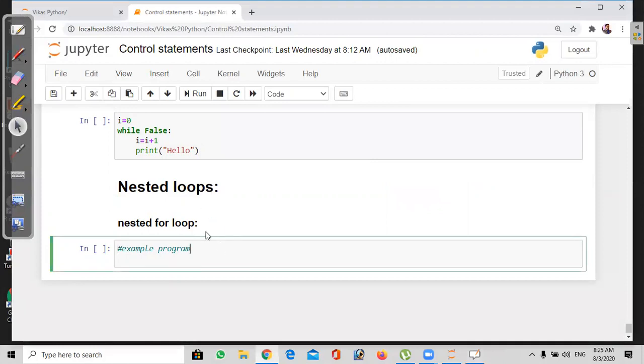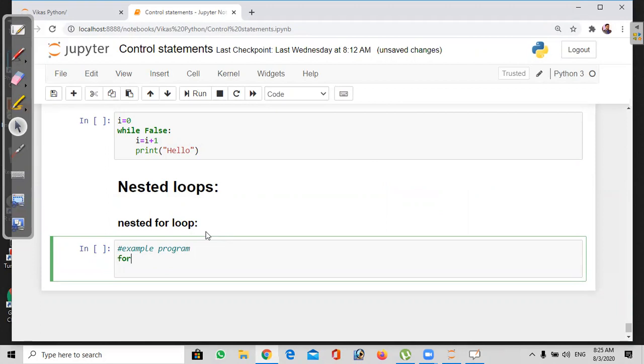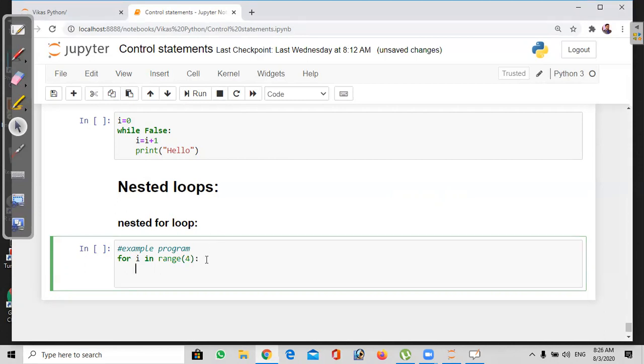I'm writing a program here. For i in, for example, range of 4, that is 0, 1, 2, 3. So 4 means we get 4 values in total. And for j in range of the same, I want to take range of 4. This is the nested for loop.